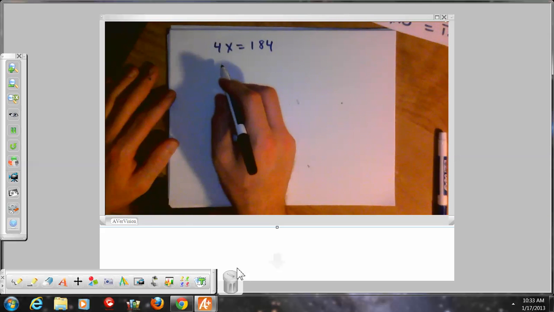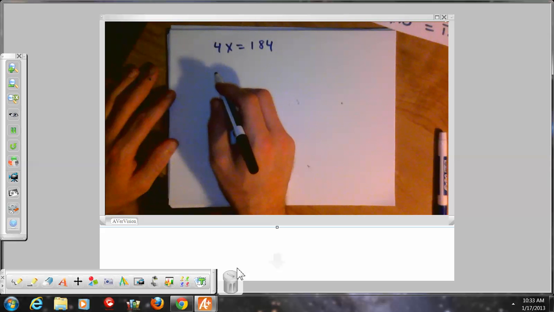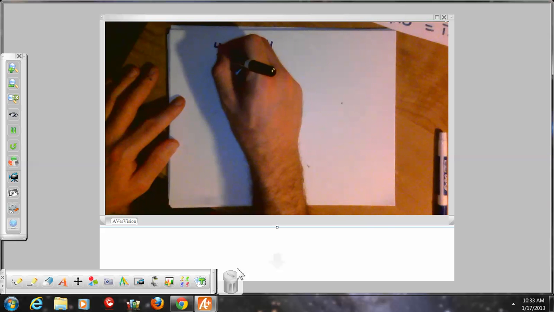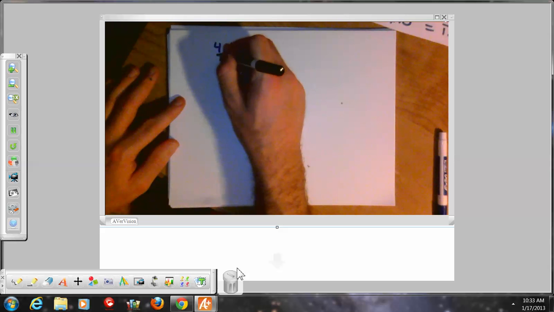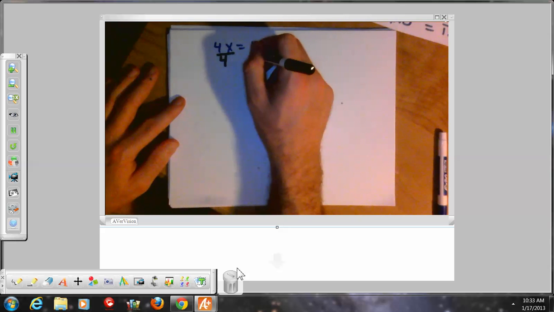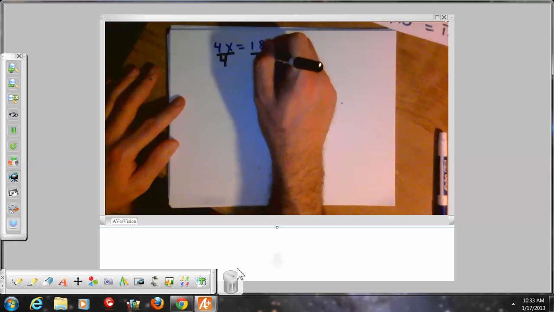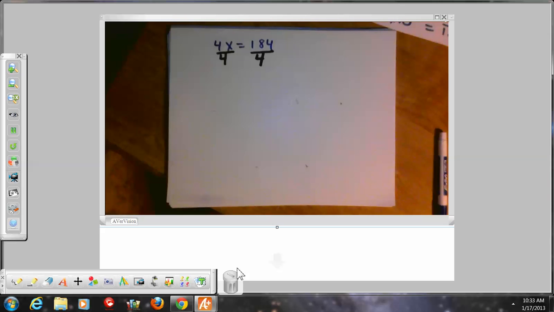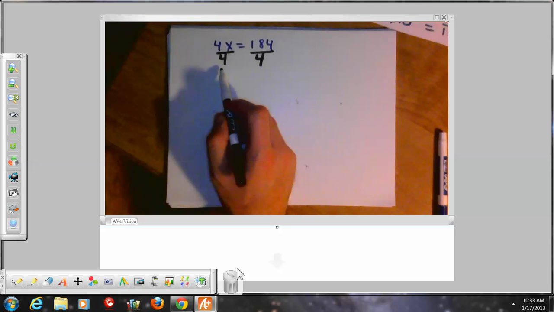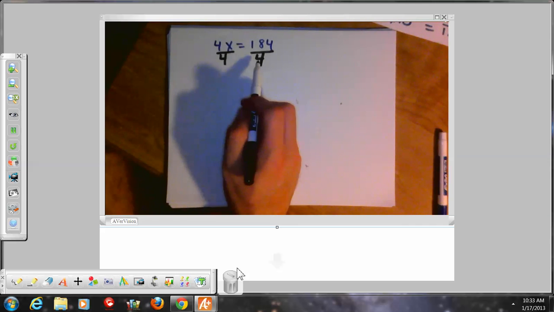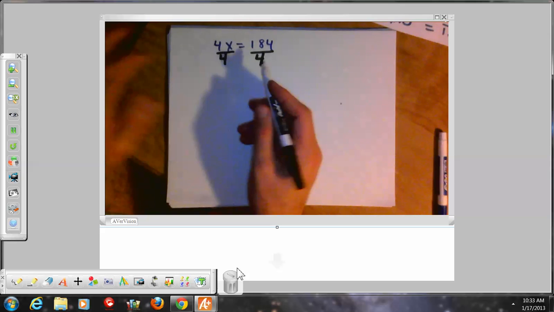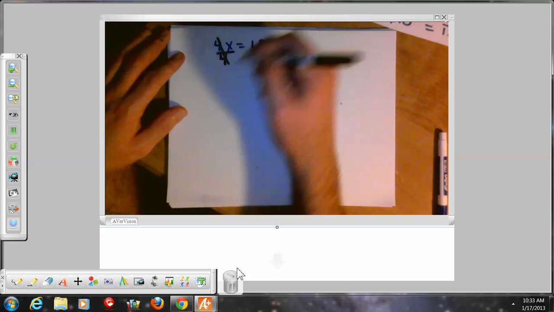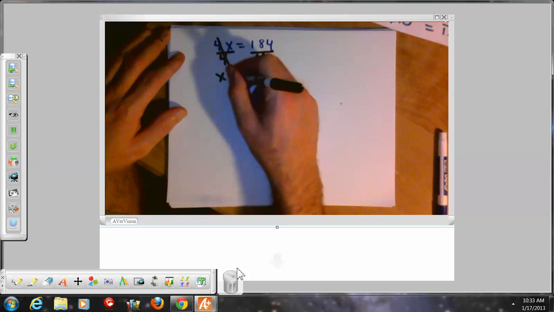And the opposite of multiplication is division. So we divide like this. If we divide the left-hand side by 4 so we can cancel the 4's, we have to divide the right-hand side by 4. So the 4's cancel out, and x is equal to